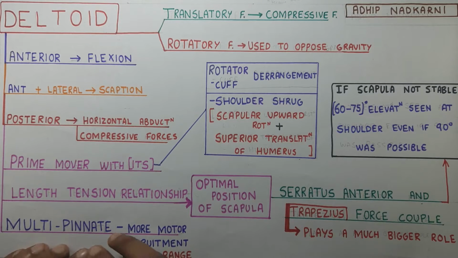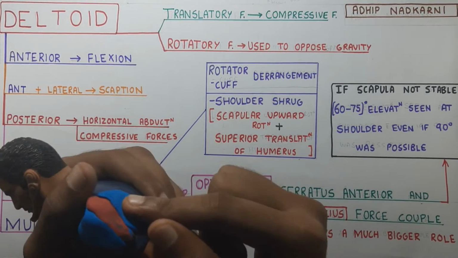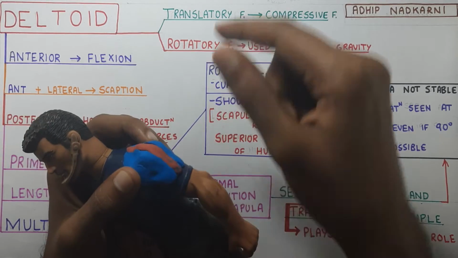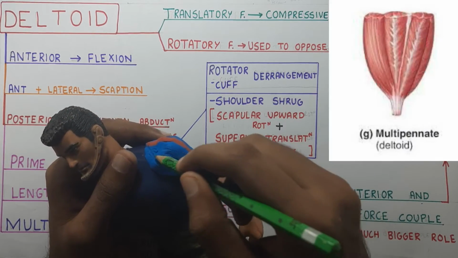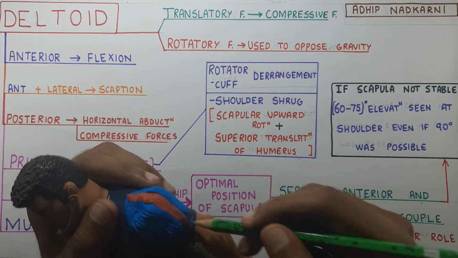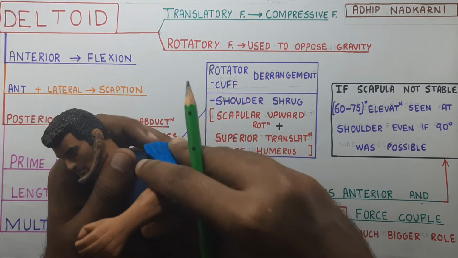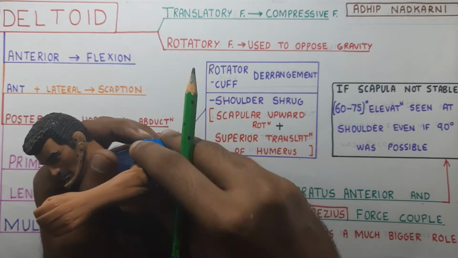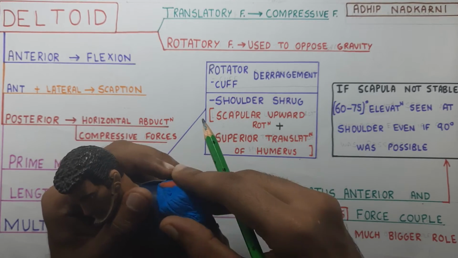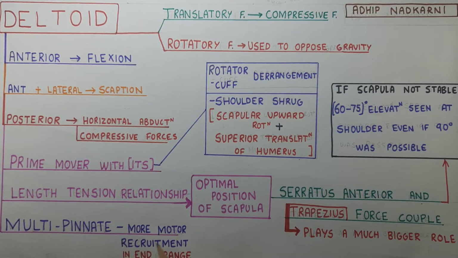And then last point about the deltoid muscle is it is a multipinnate fiber. Now what is multipinnate? Deltoid, if you see, it had different parts to it, right? It had anterior, middle and posterior. And again in that, deltoid has fibers like this. These are the multipinnate fibers. And what they do is, if you are doing an elevation, some of the fibers will be activated. And during the end ranges, all the fibers of the deltoid muscle will be activated and it can generate a lot of tension. So over here, as we see, with the multipinnate fibers, more motor recruitment will be seen in the end ranges of motion.